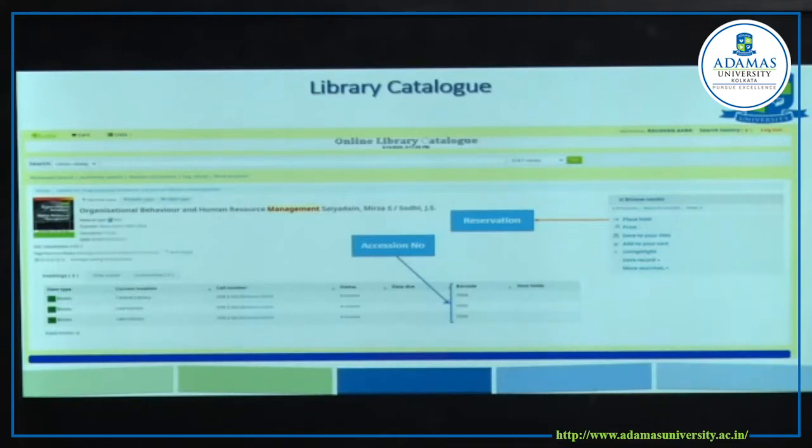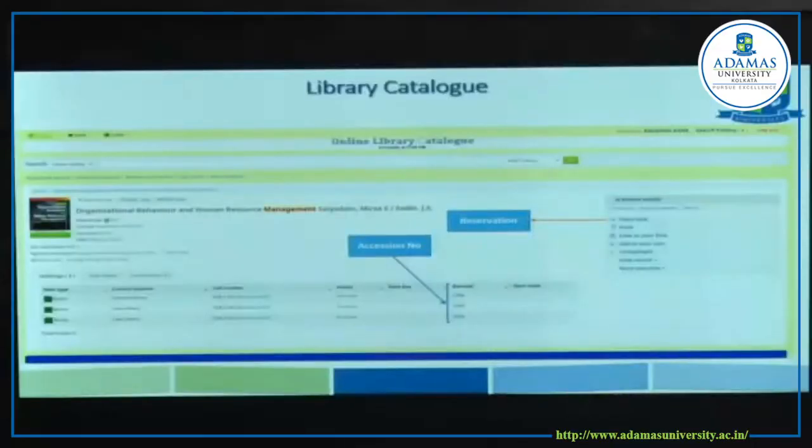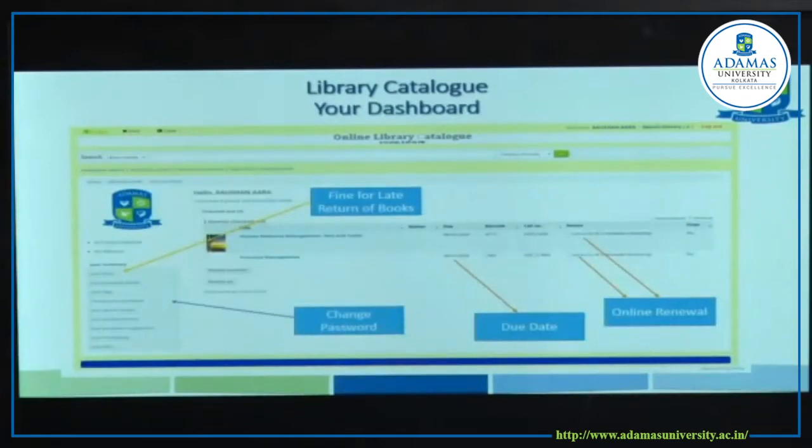Okay, and for your information, when you are issuing any books, returning any books, renewing any books, or if it is crossing the overdue date, you will get a mail saying please return the books, that book is going to be overdue by tomorrow. So you will get an alert mail from our library system, an automatic mail system, so that you are aware of the status of your issues. So please keep your mail ID properly updated in this place.